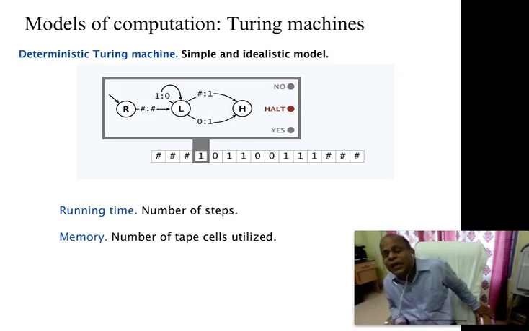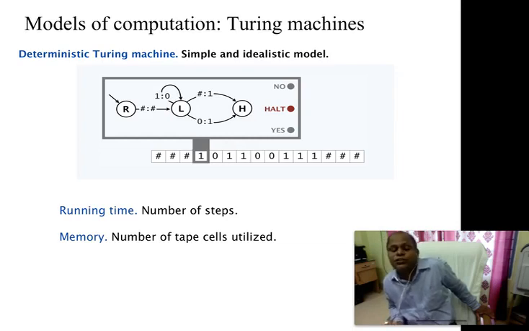At the same time, it can move from one state to another state by consuming an input and produce some output. Where is the output? The output is in the tape cell. Below, there are tape cells, the square boxes. Now, in this Turing machine model, the algorithm analysis can be done, and how much time a Turing machine will take depends on the number of